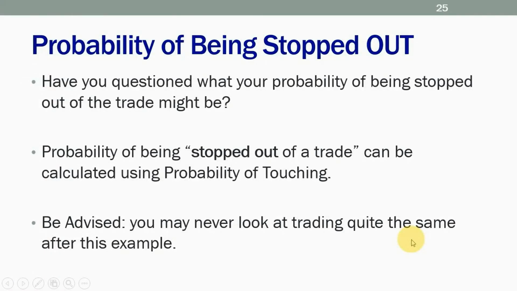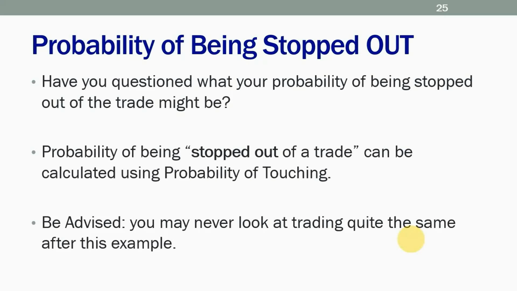Now we're going to have some fun. Probability of being stopped out. Again, all we're doing right now in these first 30 or so slides is trying to give you some background knowledge, little chunks. We talked a little bit about theta, and a little bit about vega. Then we're talking a little bit about probability so that you understand that the world is kind of an even 50-50. I like that.